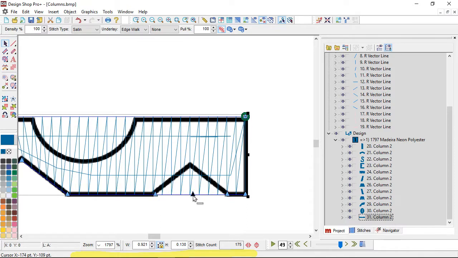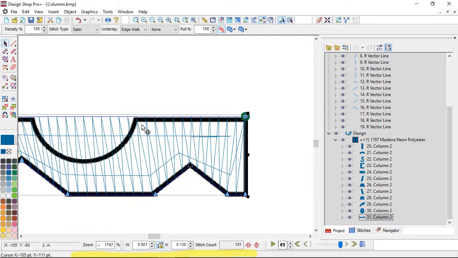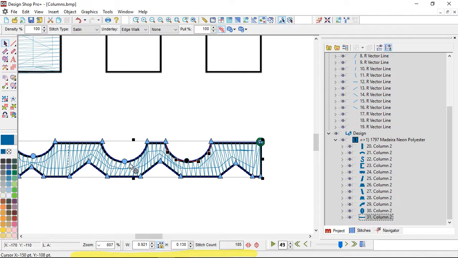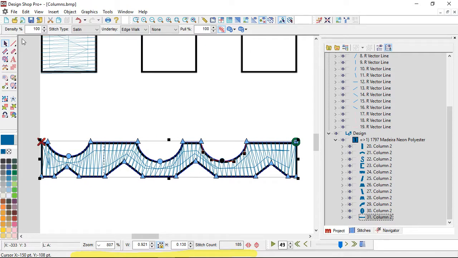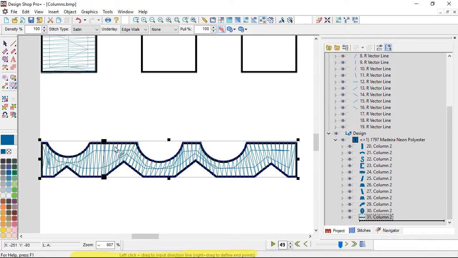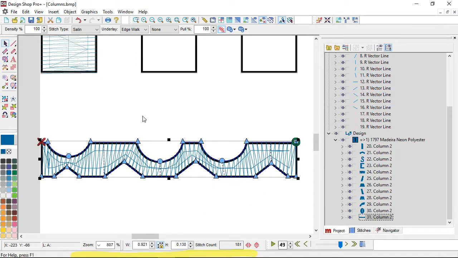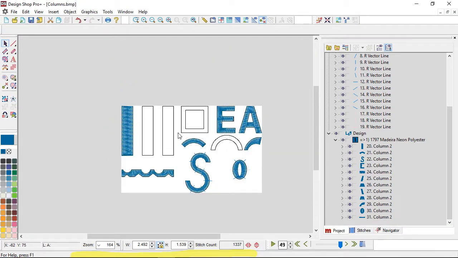And you will, of course, take more time, be more zoomed in, and be far more accurate than I am. If I'm not doing this for a video where I'm trying to be quick, I do take a little bit more time with my stuff. And then I speed up the other parts using keyboard shortcuts and things like that. Now that I'm done modifying that shape, do I need to tweak my stitch directions? Yeah, maybe a little. So you can go back in and use your stitch direction editing tool to edit stitch directions where you feel you need to. But column 2 is definitely